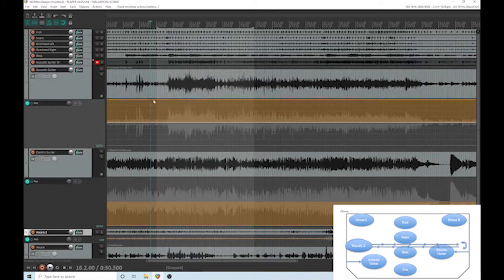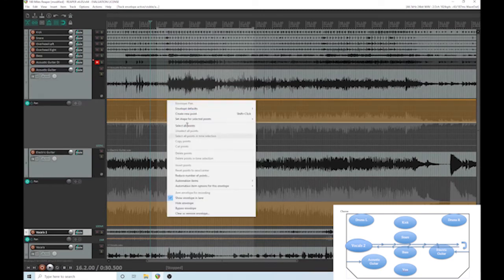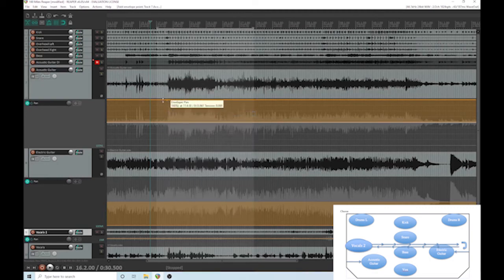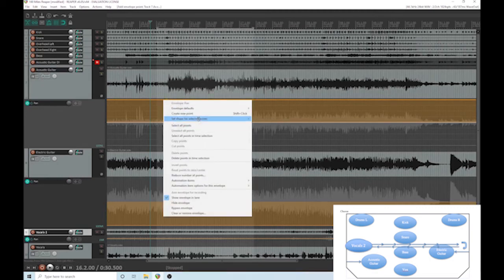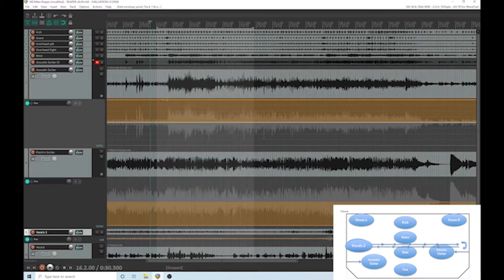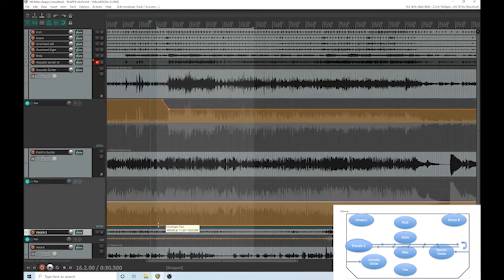So I'm going to create a new automation point. I'm going to create one behind it. And what that's going to do is it's going to keep the panning all the way left during that particular point, and then I'm going to bring it in to about halfway in the stereo spectrum, maybe about 60% at that point. And I'm going to do the same exact thing